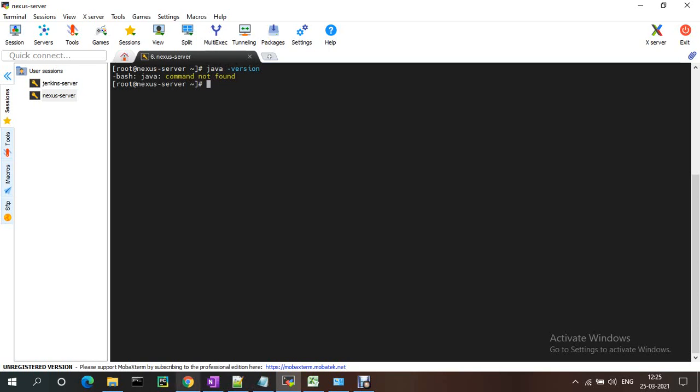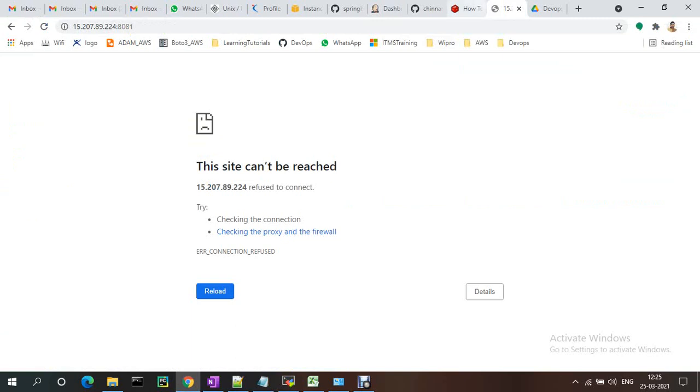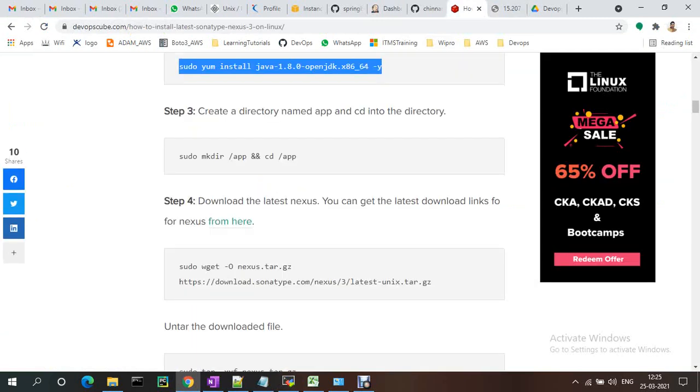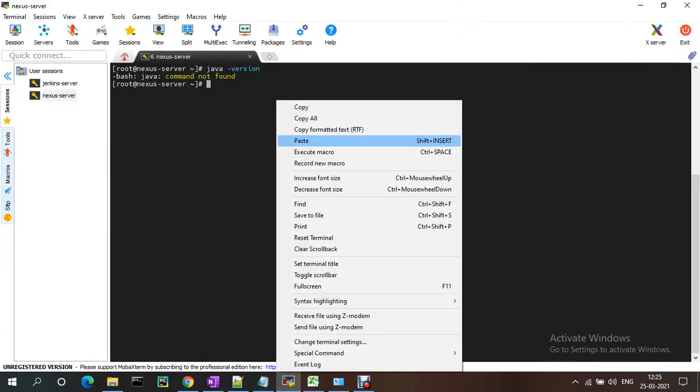This is the command to install Java. If you don't know how to do that, just copy and paste it.